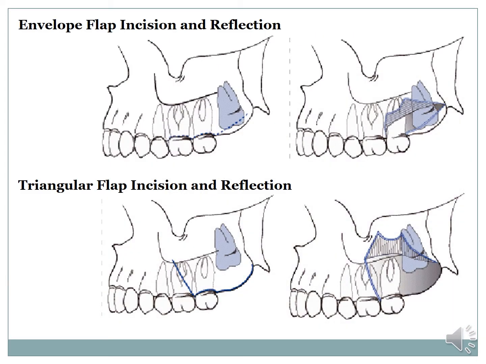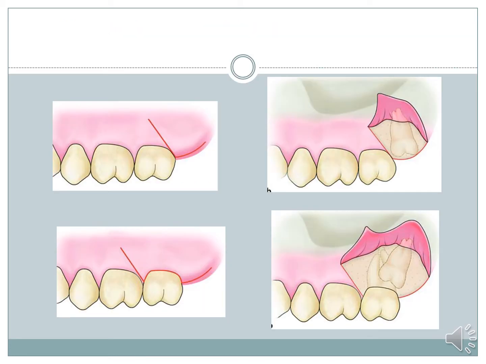Now, the flap design and reflection. The same incision followed for the mandibular third molar is used. So a sulcular incision is placed up to the anterior papilla of the first molar, extended posteriorly towards the second molar, and extended distally over the third molar region. Elevate the flap. For a triangular flap, a vertical anterior release is given to release the mucoperiosteal flap for surgical removal of maxillary third molars.